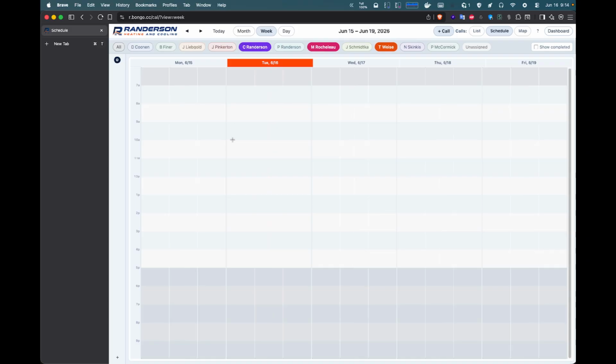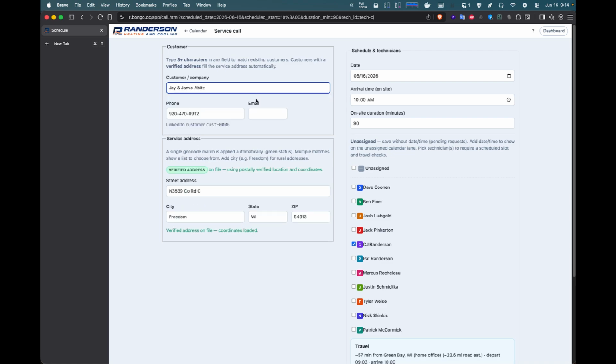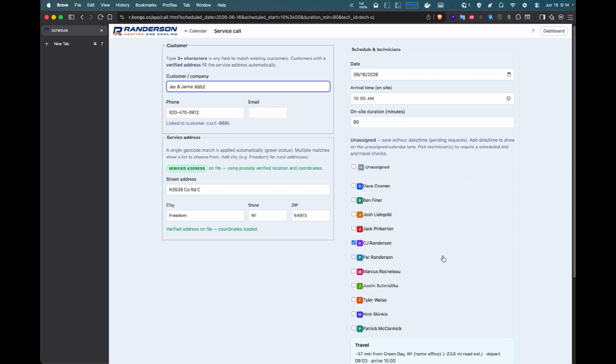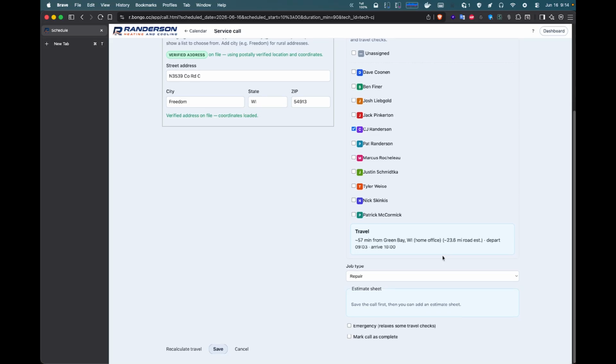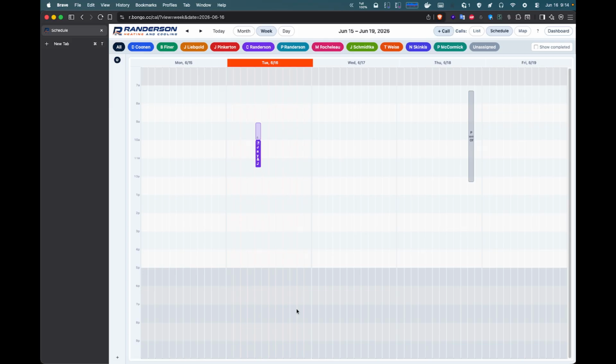I can also create an appointment for any one of these workers. Let's make a 90-minute call. It's already assigned to the column for the guy I was in. It will automatically find customers from their customer database, and it geocodes all the customers. So these are supposedly correct addresses, and we know the lat long, so we can calculate the travel time from the office. Once I do this and save, and get that out of here, I go back to the calendar